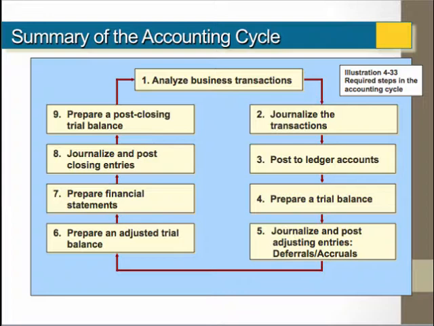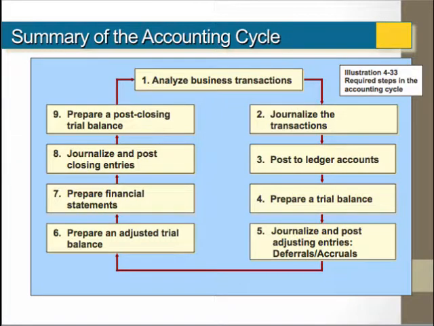So, in summary, what we have talked about is the accounting cycle. And as you can see from this graphic, we start with number 1 of analyzing a business transaction by looking at the source documents. We record the transaction in the journal, which is in chronological order. Once we complete the journal entries, we post the journal entries into the ledger in account order. Once we've completed all the entries for the period into the ledger account, we take the balances and create a trial balance to ensure that the debits equal the